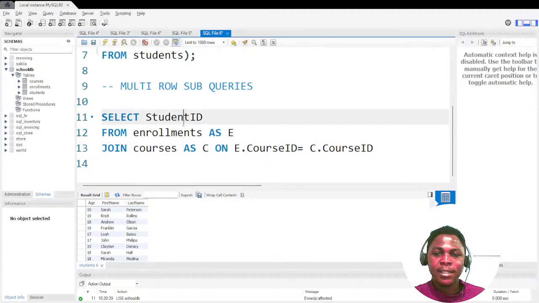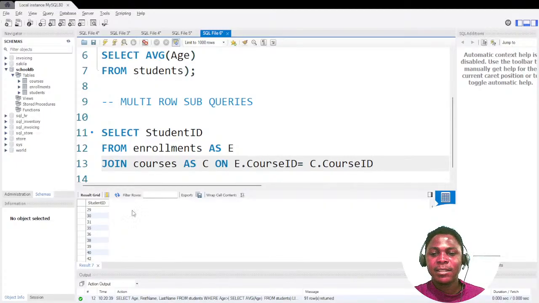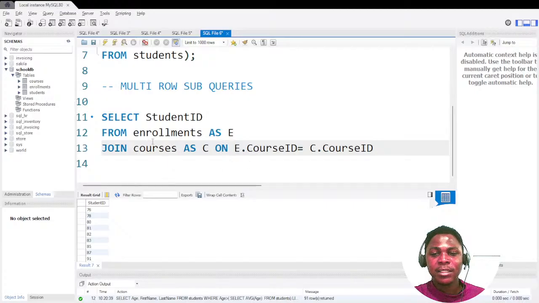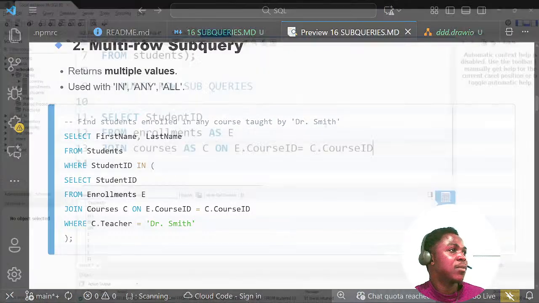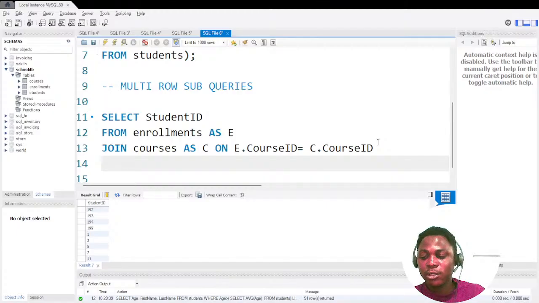So from this statement we are supposed to get a list of students' IDs. These are all the student IDs that study a course. They are very plenty, but we have to add another level again because the question said, what is the question said? The question said that it is courses that are taught by Dr. Smith. We don't have Dr. Smith, but we have Dr. Adams in our database. So quickly, we have to put a condition